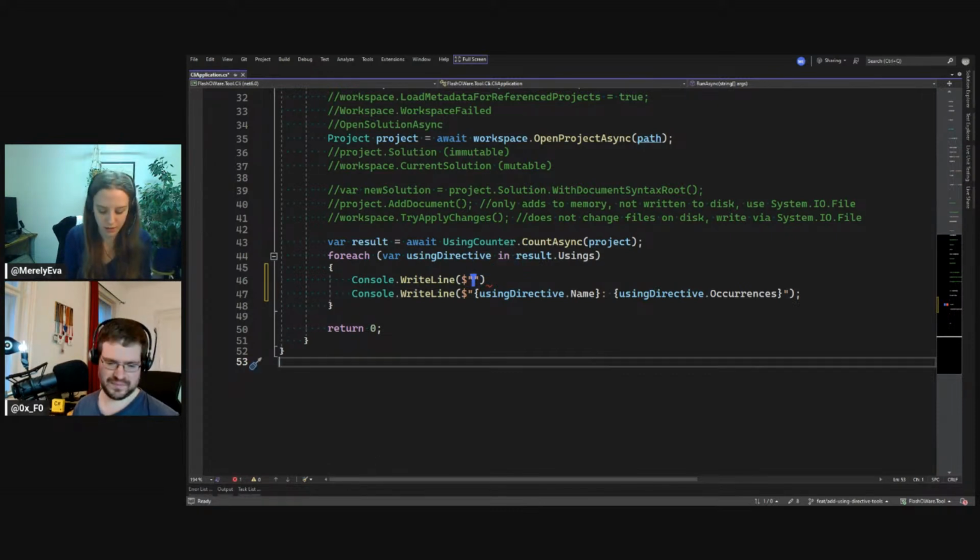Because we need this $, because we want a project dot name in there. Project dot name. Easy peasy lemon squeezy. But before we run it,